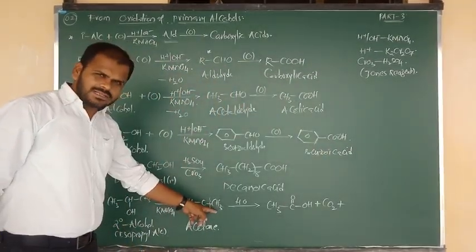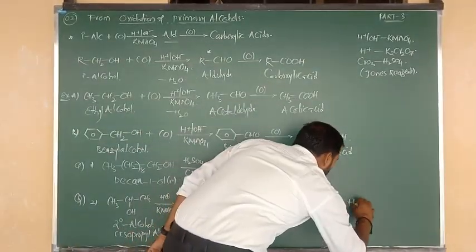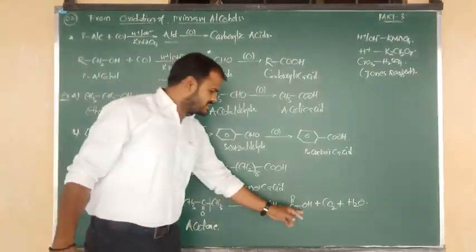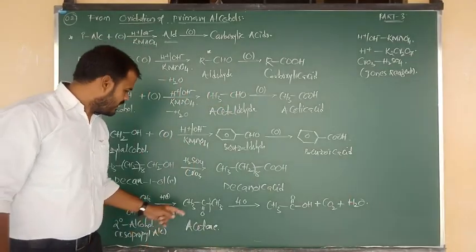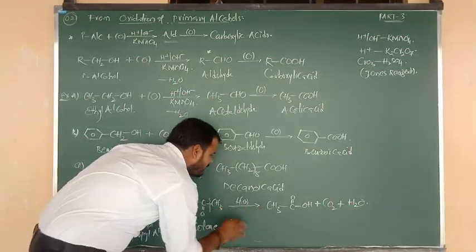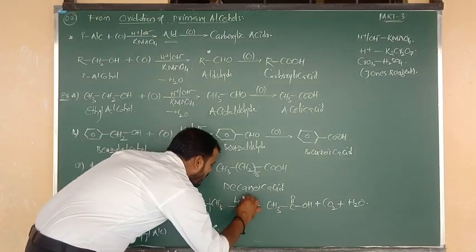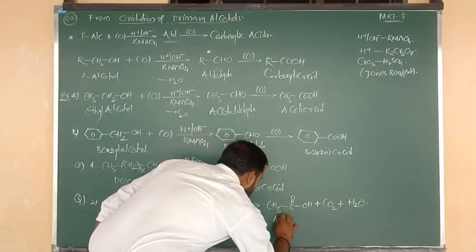In that, 3 hydrogens are there. 1 hydrogen we have given to the carboxylic acid. The remaining 2 hydrogens we have to remove in the form of a water molecule. So 2 oxygen and here 2, total 4. 4 plus 1, 5 oxygen. Here 1 and here after, 4 oxygen. That's why here I have written 4 moles of O atoms. Okay, beta? So acetone followed by oxidation forms a product that is nothing but carboxylic acid.